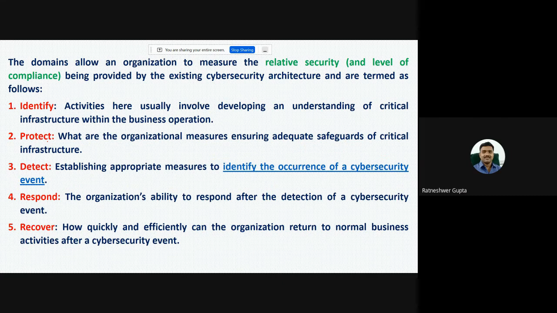So how should the system respond? The system should identify this forged action. The next label says that if this activity happens, then how the system should respond. And the last thing here is that if something happens, then how the system will recover from this particular thing.